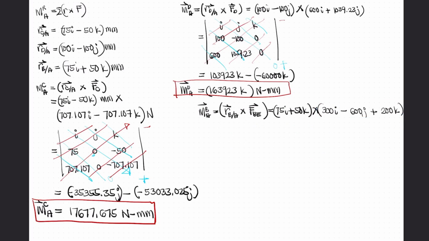Okay, again, using basket method, ini siyang I, J, K, 75, 0, positive 50, 300, negative 600, positive 200, equals